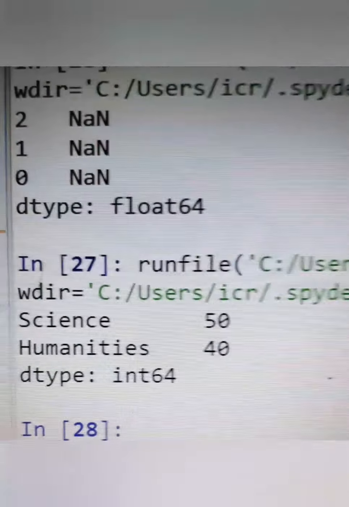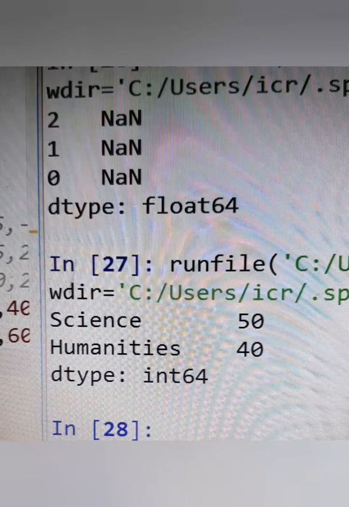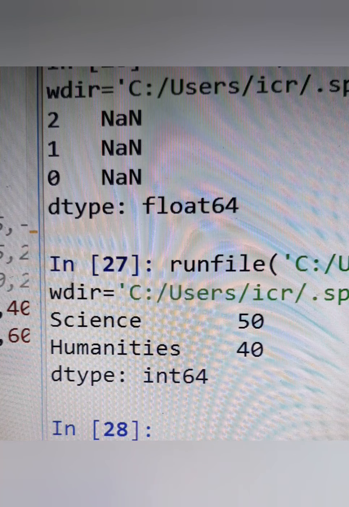Now only science and humanities have been left out.